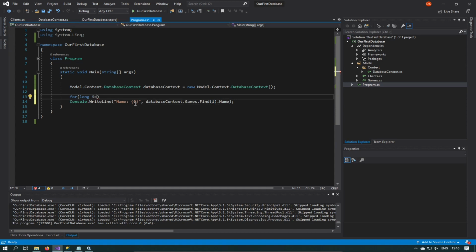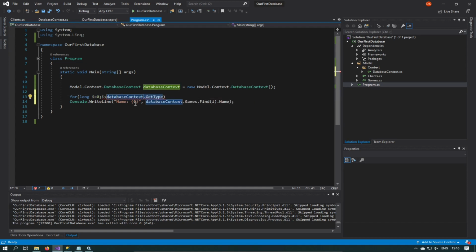And now normally you would start at 0. In fact, let's do that. We'll do it the correct way. We start at 0. But remember, our database records don't start at 0. They start at ID 1. So we're going to have to do a little trick, but let me show you. So, okay, so long I equals 0 initially. And we go through this loop. How many times? While I is smaller than the number of rows that are in games,